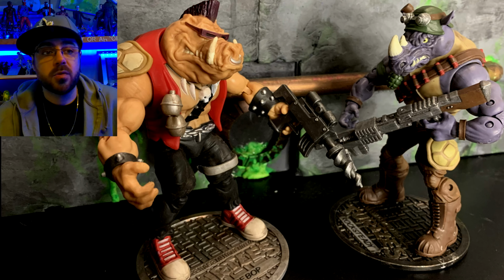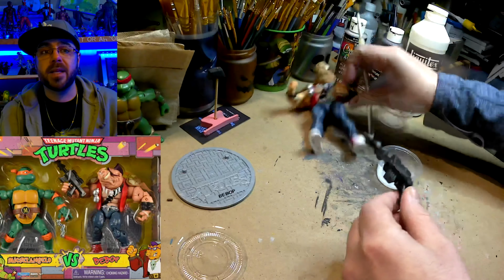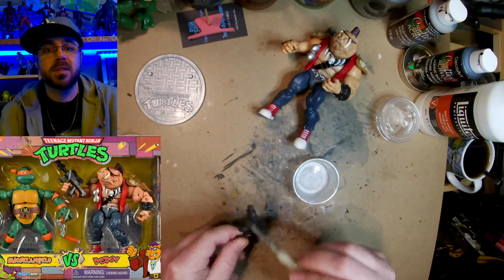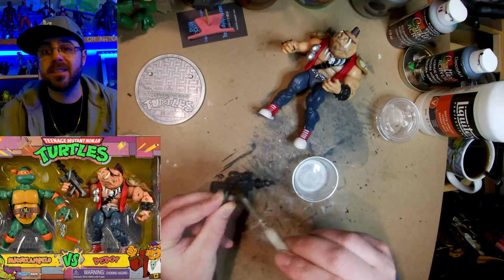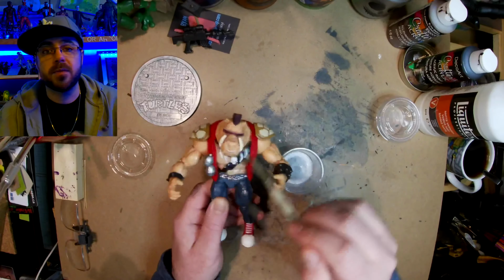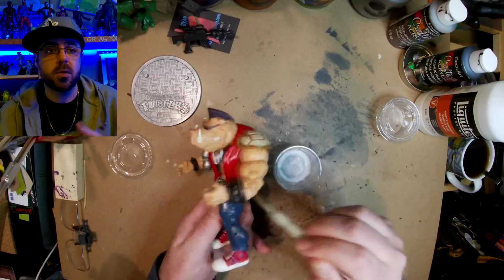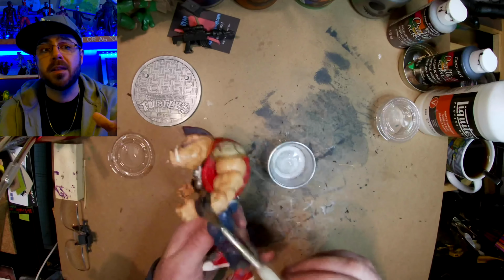Hey guys, this week I'm going to show you how I customized my Playmates Bebop. He's a 6-inch figure, retro classic, good stuff. He's a great figure, great sculpt, and my first step, as most of the time I do, is a quick,